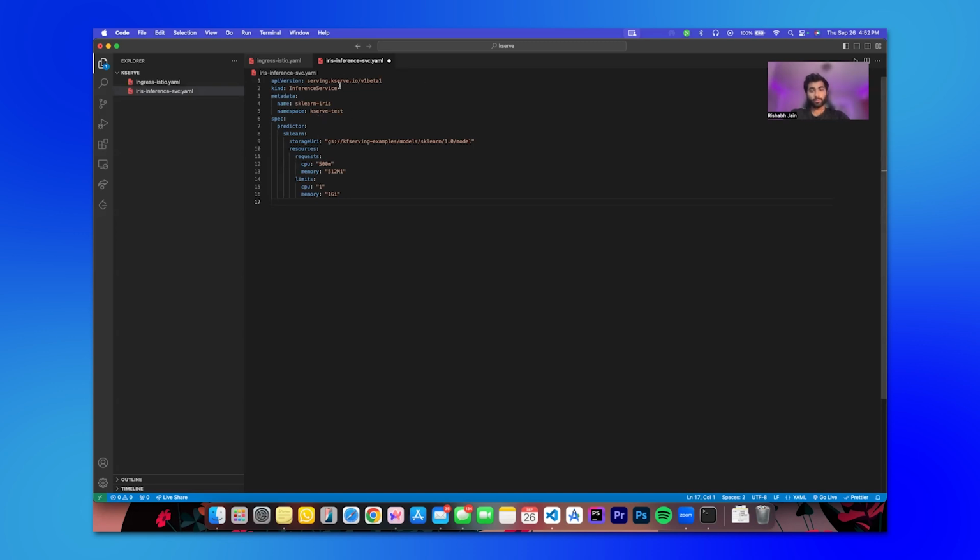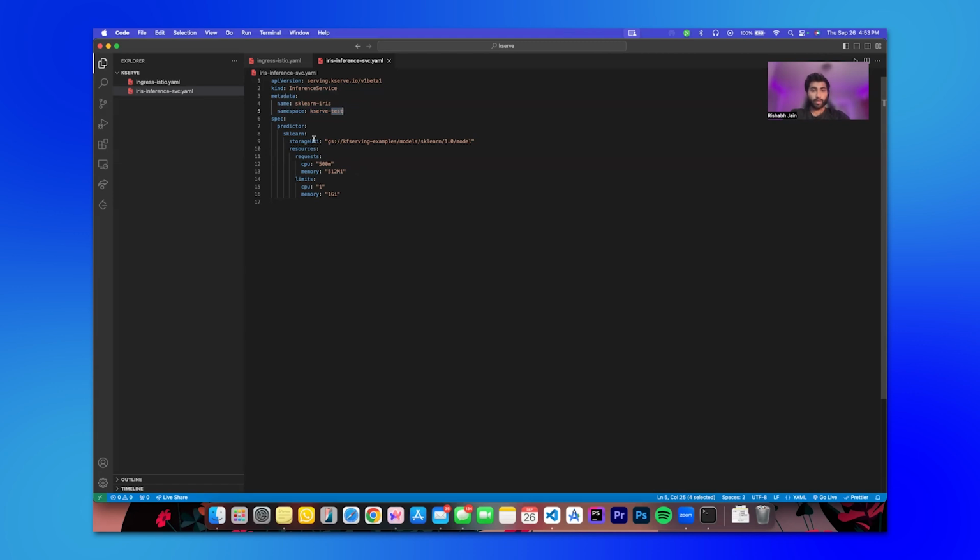Let me walk you through the YAML configuration and specify the components we have here. First of all, we have the API version, and this specifies that we are going to use KServe as an API version. Then we have a kind. The kind of this file is the inference service, which is telling our Kubernetes cluster that it's an inference service that has to be booted up. Then we have some metadata, for example, a name. It's a simple name, Scikit-learn Iris, and then we have a namespace where I'm going to deploy this